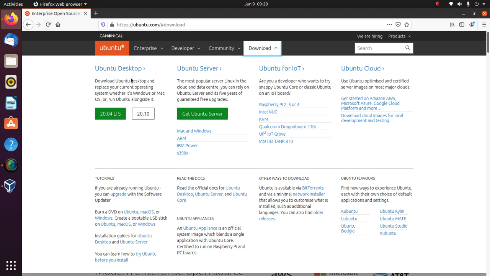Now we are going to set up an Ubuntu desktop inside our virtual machine, that is our VirtualBox. There are two latest releases available. One is 20.04 LTS, another one is 20.10. The 20.04 is a long-term support release, so it has support from the Ubuntu community.